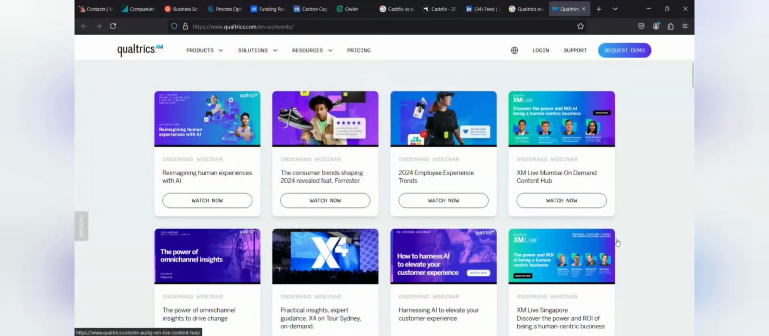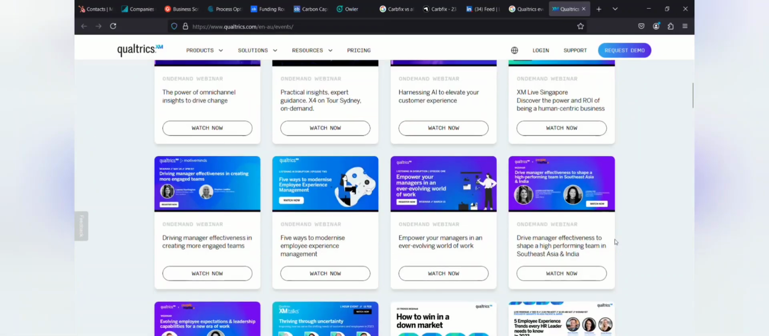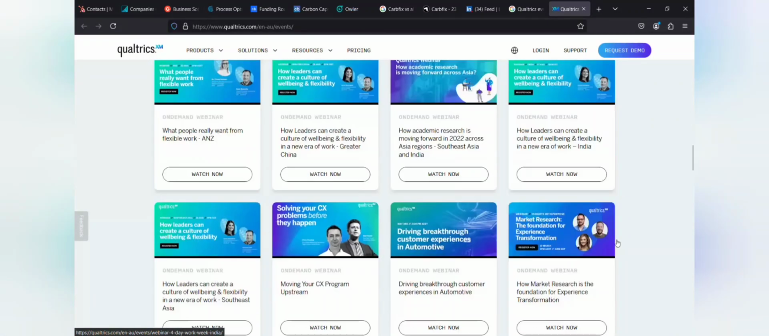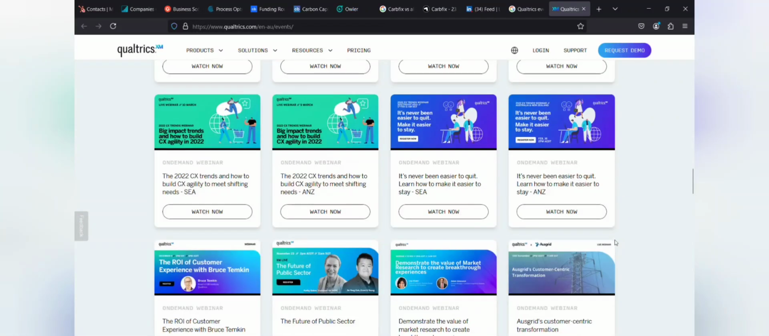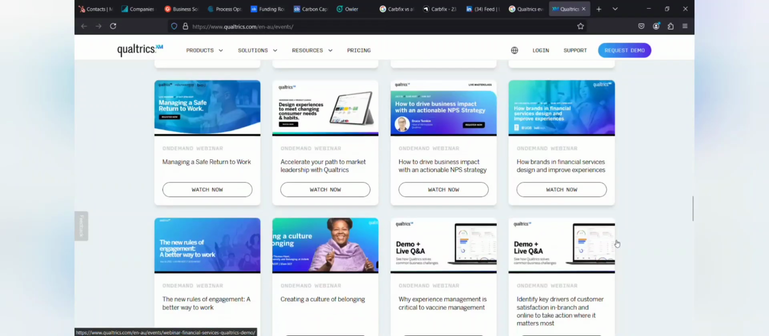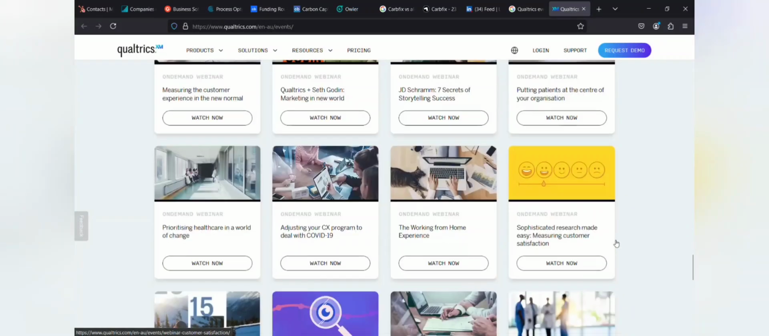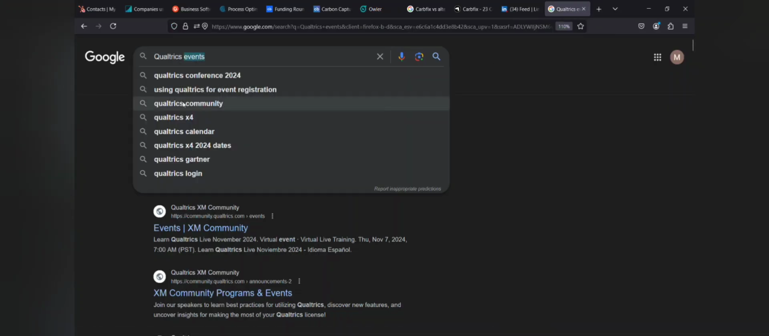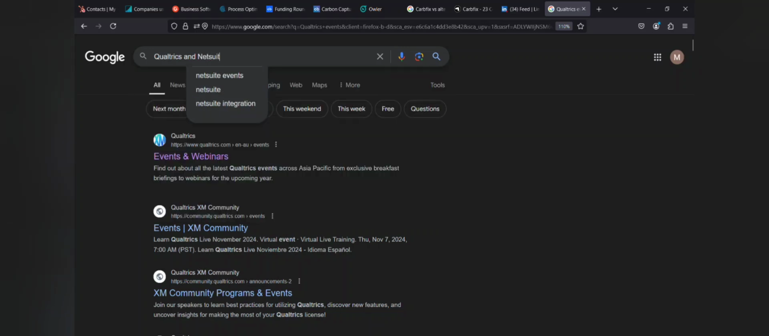So you can see here, these are the events happening. We can't find any kind of conferences or trade shows that are happening, or that they are participating in, so you can avoid this. Similar to NetSuite, what you can do is search for these categories: events, integration, expo, partners, conferences for NetSuite, and the same goes for Qualtrics as well. So this is one way of